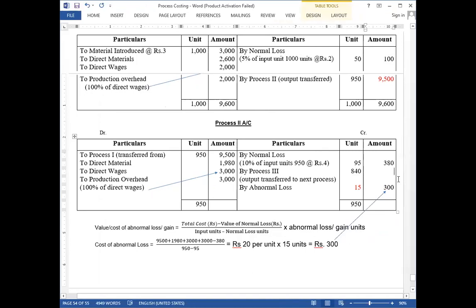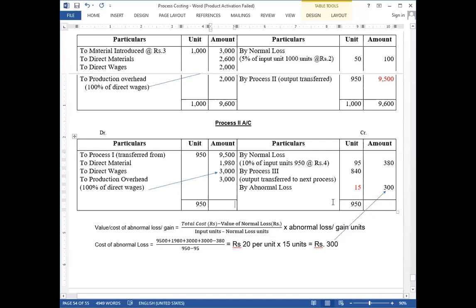When it is a round figure, it will tally. Sometimes it will come like points, 21.6663, 662, like that. If it comes with decimal points, it will not tally properly. So always use the balancing figure as the output. When you get cost per unit as a round figure, you can multiply, but sometimes it will not come as a round figure, so that time it is better to go for the balancing figure as the output value.